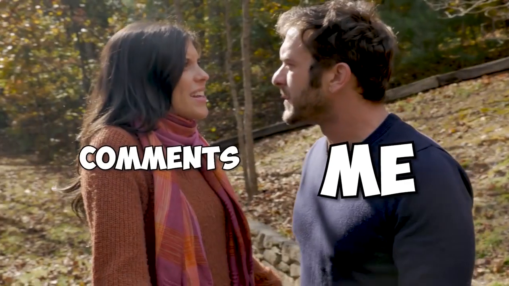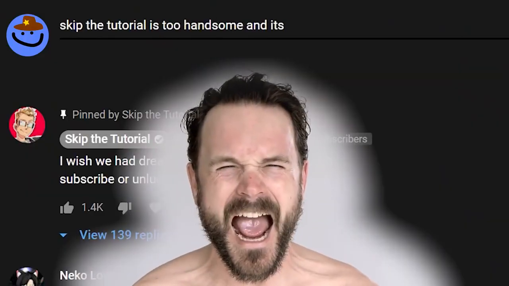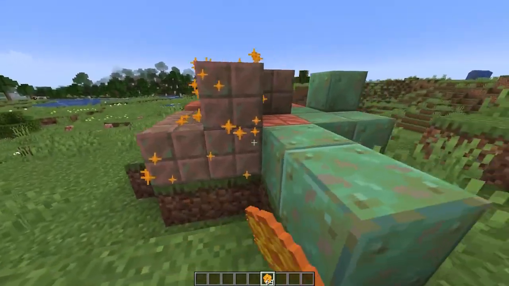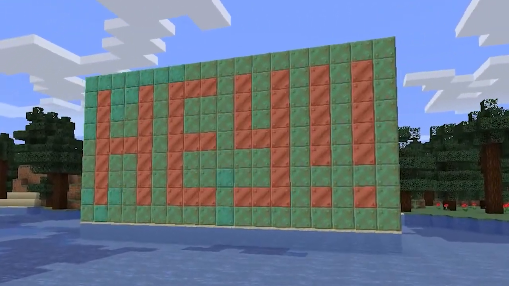Number 10. Sometimes you don't have the heart to say something to someone's face, but that doesn't have to keep you from sending the message. In fact, the upcoming 1.17 update might just have a solution for you silent schemers. By just waxing particular parts of their copper wall, then you guarantee that eventually they're gonna get the message, which